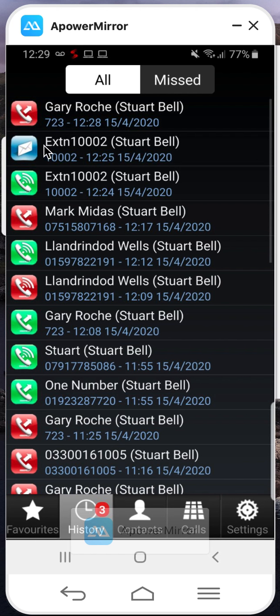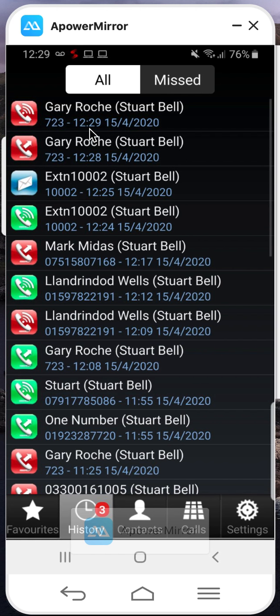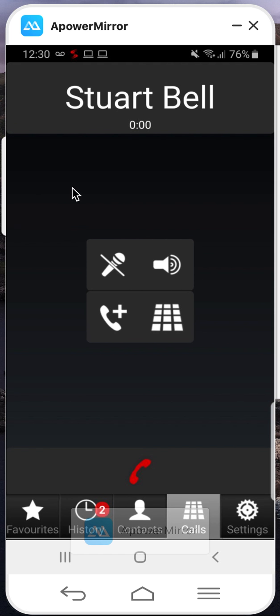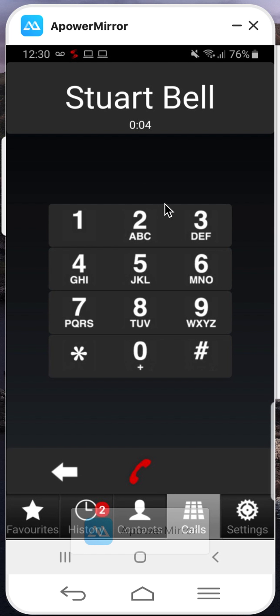Here you can see there's a voicemail in the list here from extension 10,002 from earlier. That was at 12:25. There's that call I just rejected from Gary. He didn't go through to my voicemail. He obviously saw the rejection and just hung up. But if I go to my voicemail at the third one down, I can then call that person back, play the message or delete the message. If I press play, it's now going in, and I can then click on the keypad to follow any commands. So for example, 3 would be to delete it,